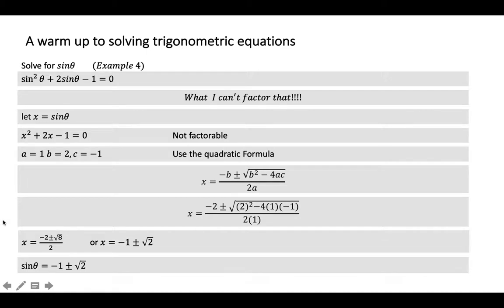Now this is a difficult question. However, it will be more difficult and the question will continue